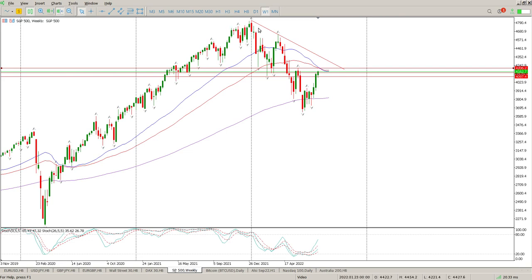So just starting off on the weekly chart, I just want to highlight a few things. First thing is this trend line. You can see, just draw a line along the first two fractals here for the year, and then you'll get your trend line. You can see we're clearly in an uptrend at the moment. The oscillator is pointing quite strongly to the upside, but what you can also see quite clearly is we are in